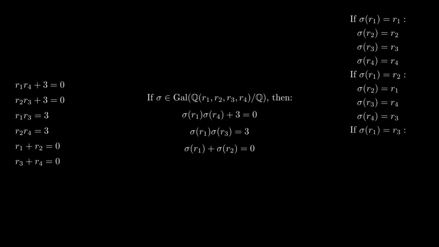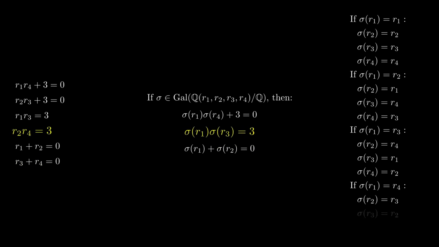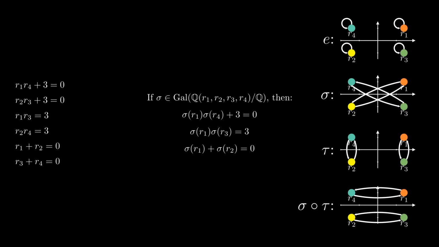If R1 goes to R3, then R2 goes to R4, which is its negative, and R3 goes to R1, which is 3 over it, and R4 goes to R2. And the final choice for R1 is R4, and R2 goes to R3, and R3 goes to R2, and R4 goes to R1. So instead of this ugly list, these diagrams help visualize better what's going on, what the 4